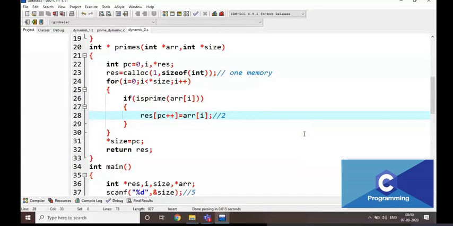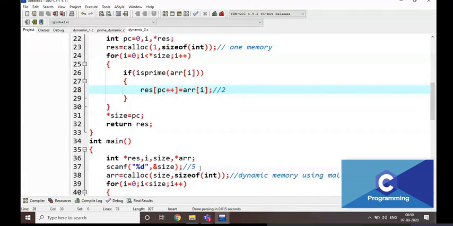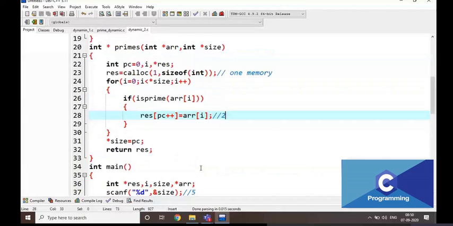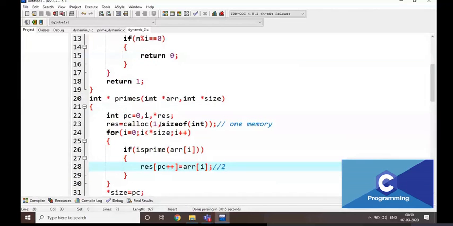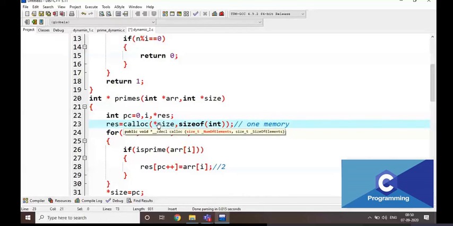In the prime numbers, for example, what is the size of the array? The size is going to be 5, right? That means that is the maximum size. That is the maximum size of primes count also, right? That's why sometimes they are going to write right here star size. Simple method, that's it, nothing else.